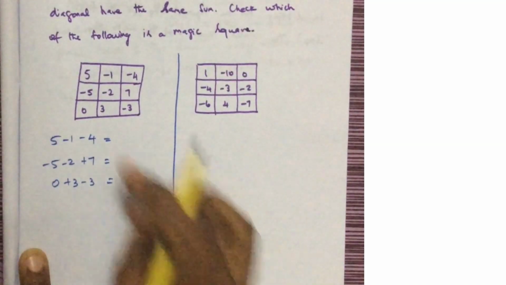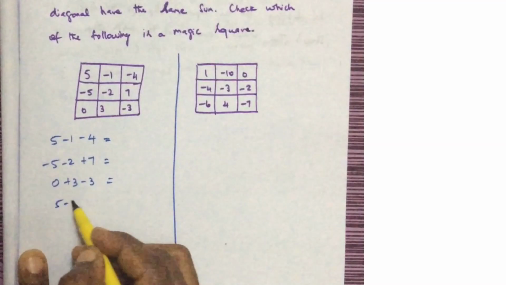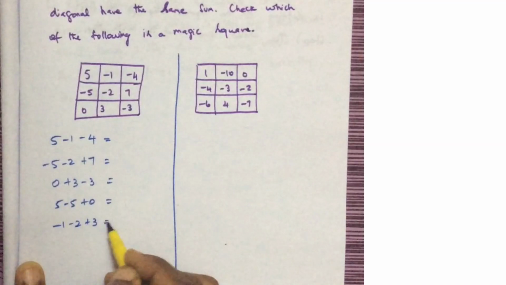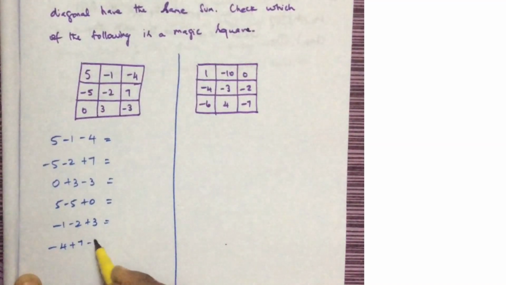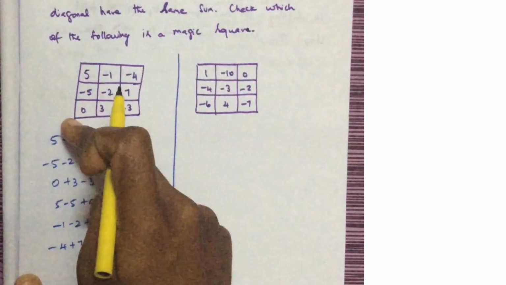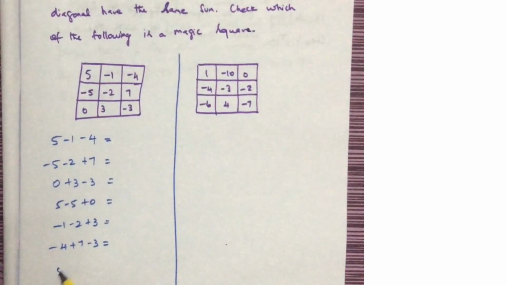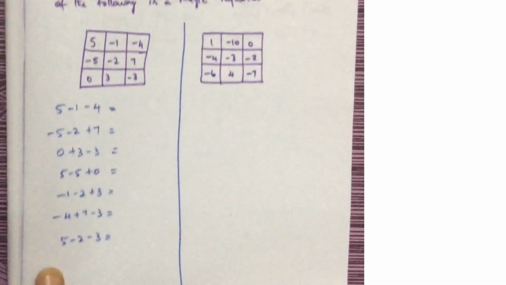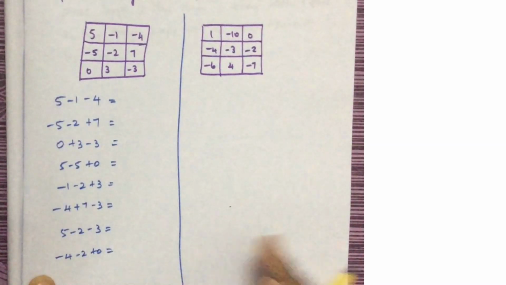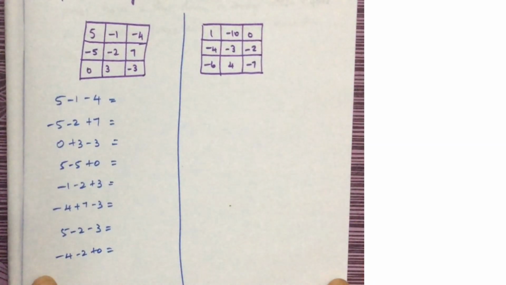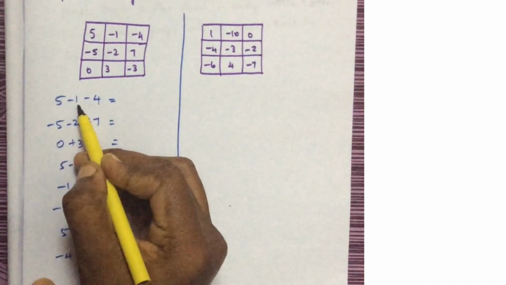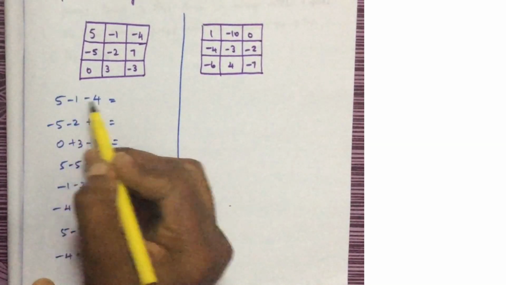Okay. Now the first column, 5 minus 5 plus 0, then minus 1 minus 2 plus 3, then minus 4 plus 7 minus 3, and this is one diagonal and this is another diagonal. This diagonal is 5 minus 2 minus 3, and this diagonal is minus 4 minus 2 plus 0. Now we have to solve this and check whether they all have the same sum. Let me check: 5 minus 1 is 4, 4 minus 4 is